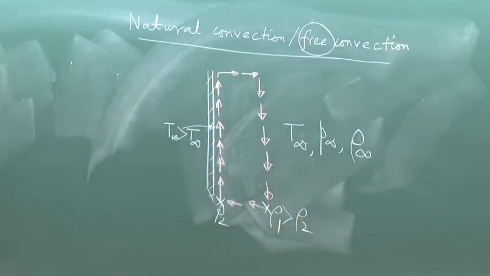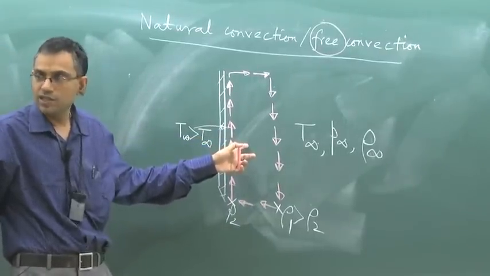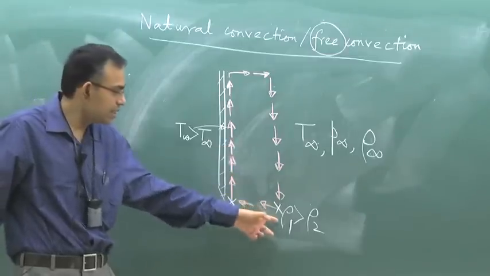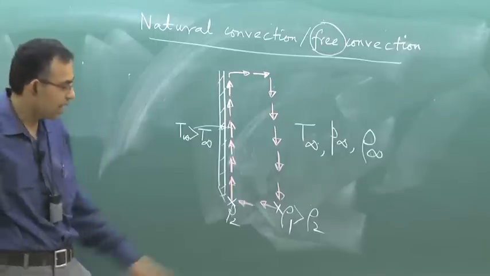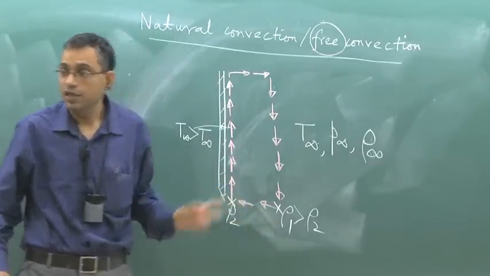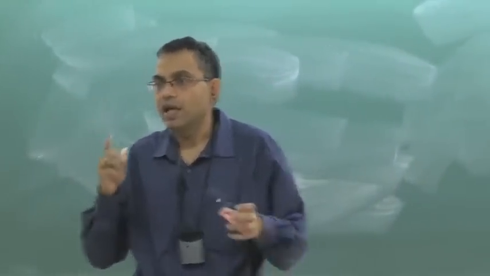Let us assume for the time being that this air is treated as an ideal gas. So P by rho is RT, right. So that means this density rho 1 greater than rho 2 means P1 greater than P2. So that means there is actually a driving pressure gradient that is driving the flow. But the catch of the story is that this driving pressure gradient is not an externally imposed pressure gradient, but an intrinsically created pressure gradient because of density gradient, which in turn is created because of the temperature gradient within